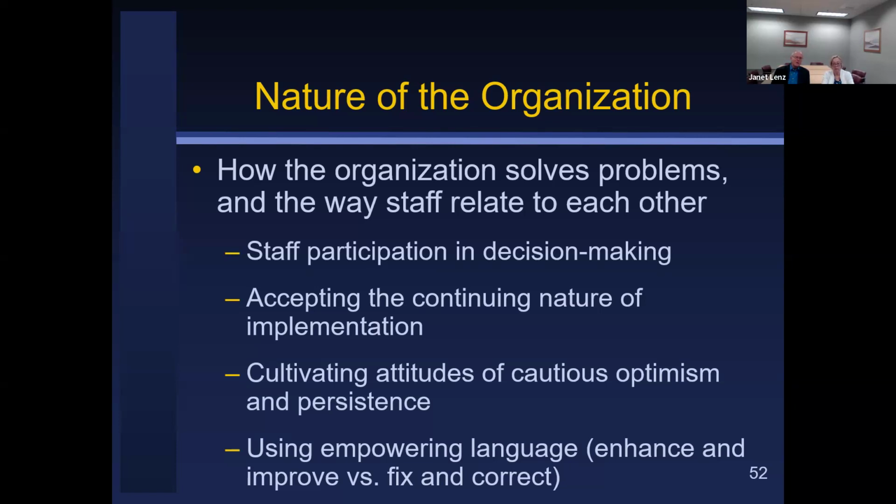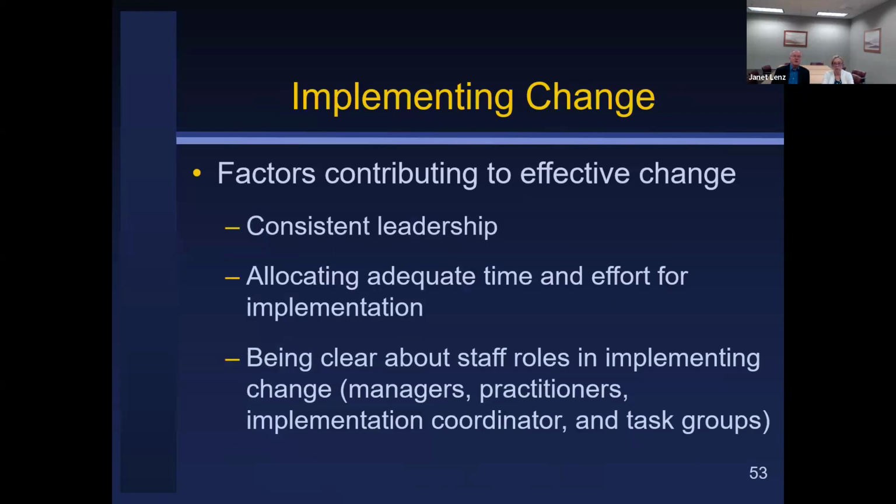And the kind of language that we use is really, really important. I hate the use of the words fix and correct. We've got to fix this. This has got to be corrected. Because it implies that the staff has been making a lot of mistakes and there's something wrong with what we're doing. If we just change those words a little bit, we're saying virtually almost the same thing, but in a way that people can accept so much easier. We say we need to enhance what we're doing, and let's improve what we're doing, because it says we're doing good things, we're just going to make them better. That can help staff to be so much more supportive of change in the organization.